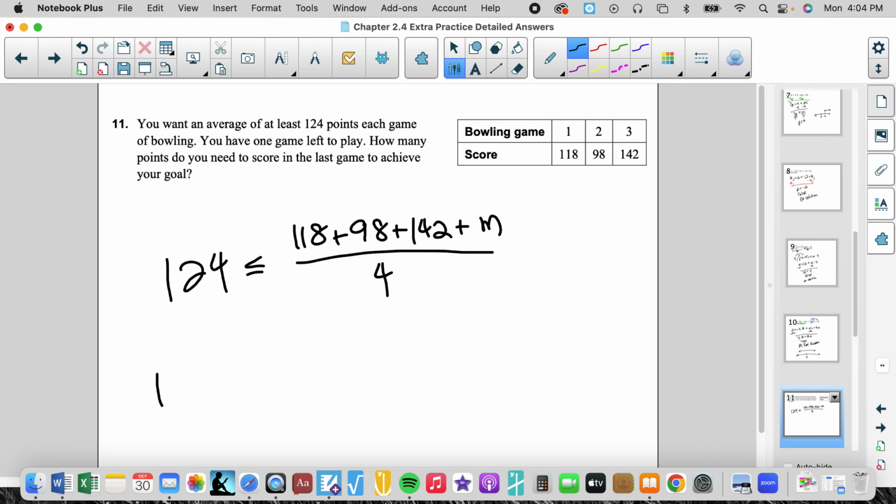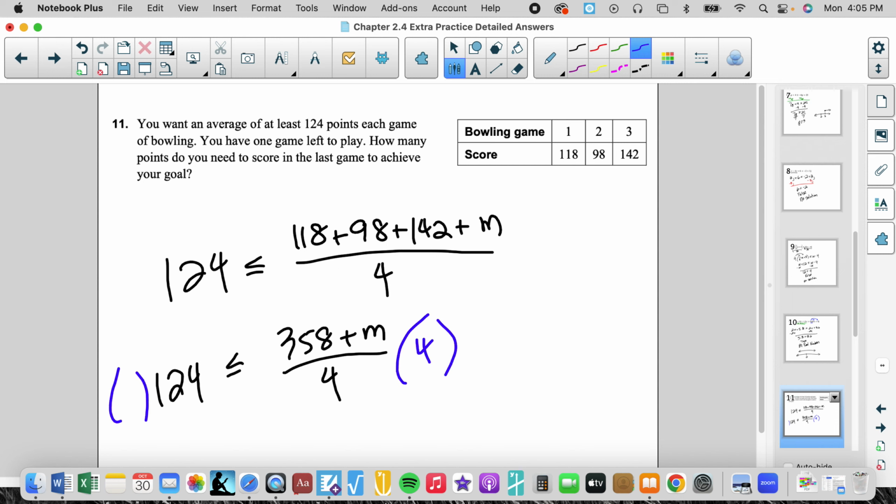Okay, so we get 124 is less than or equal to, oh, let's get the calculator. Mr. Mack's going to use a calculator. 118 plus 98 plus 142 gives 358 plus the mystery game divided by 4. Now we have to solve it by getting rid of the 4. We can't add or subtract the 358 because